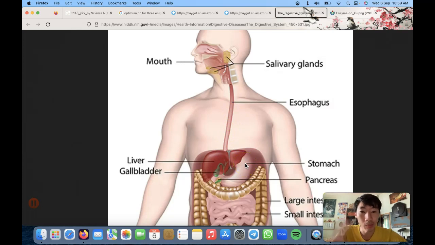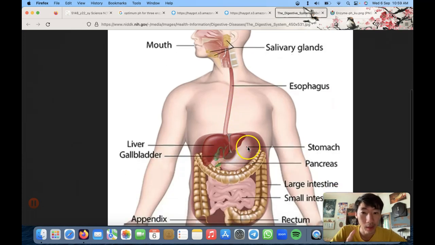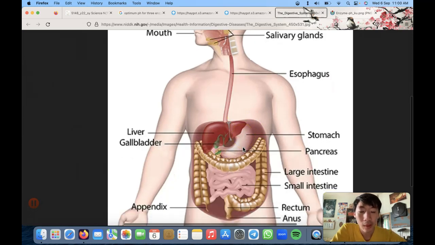Now, be very careful. Some people tend to mix up their liver and their stomach. The liver is this, how to say, this triangular shape, I would say, whereas the stomach is like a C shape, like a reverse C shape. Okay, so what's happening in our stomach?